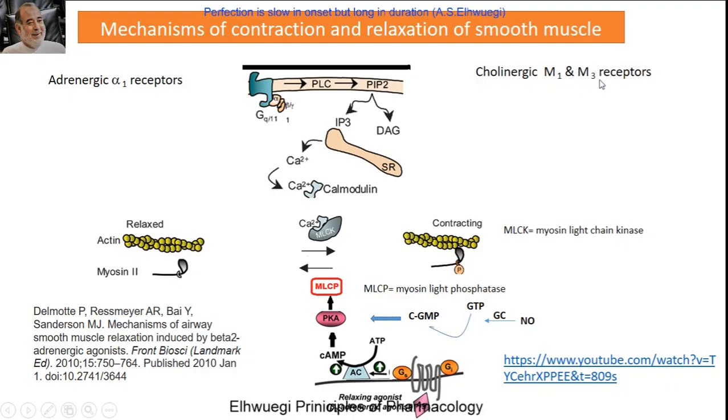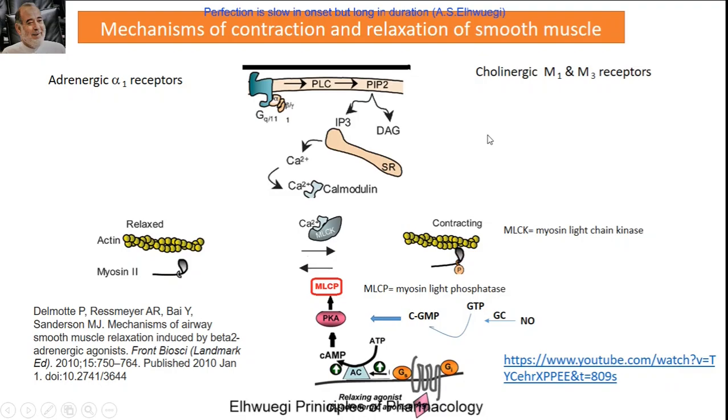blood vessels. Why? Because in the blood vessel, stimulation of the M3 receptor will release nitric oxide from the endothelial cover of the blood vessel. Nitric oxide will stimulate guanylyl cyclase, which will convert GTP to cyclic GMP, and cyclic GMP will stimulate cytoplasmic protein kinases, resulting in deactivation of myosin 2, and deactivation of myosin 2 leads to relaxation of the smooth muscle. Okay, so these are the mechanisms involved in the contraction and the relaxation of the smooth muscles induced by autonomic